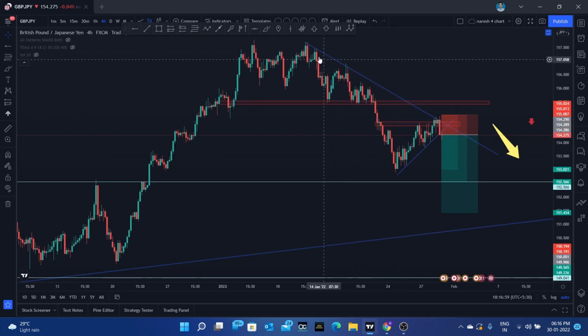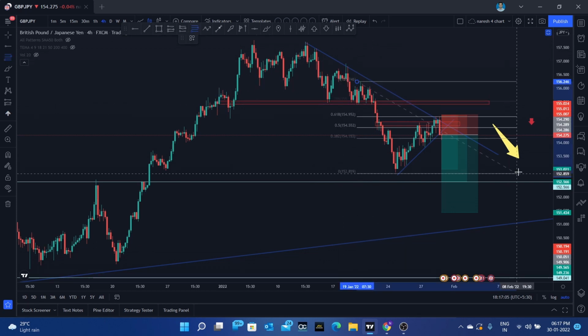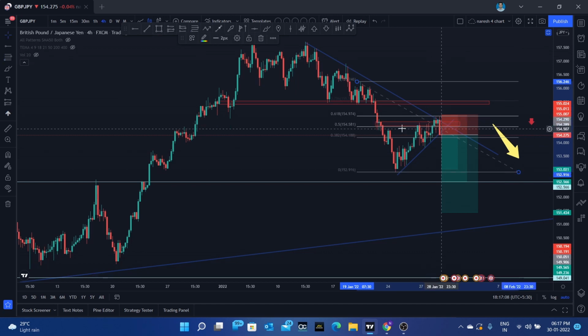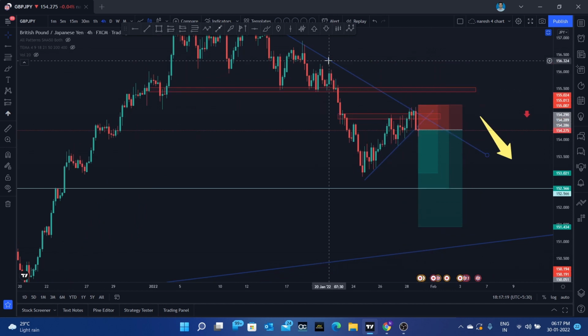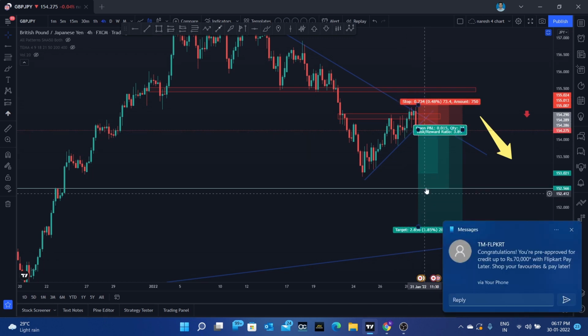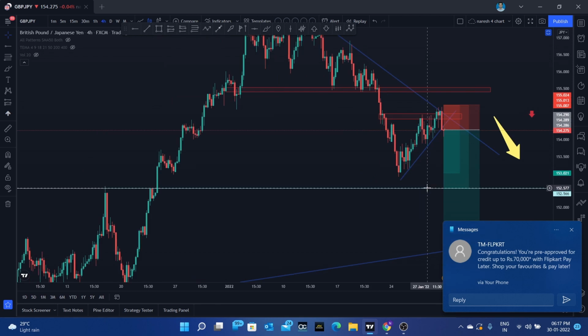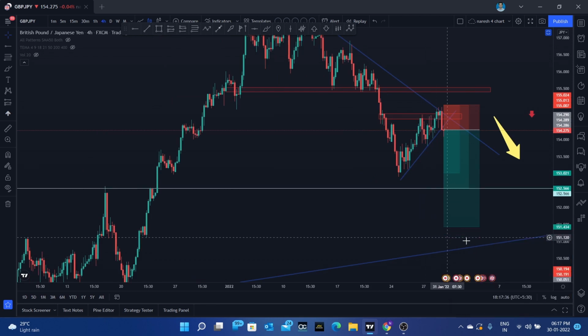So here we can see we are having a trend line, and here also we are having 50% retracement in this area. And I have already taken an entry here, guys, last week at the end, after the closing of this candle, because it has already taken resistance from this trend line, and it has even broken the smaller minor trend as well. So I'm pretty sure it will come down, and I'm taking this as my first target, and this is my second target, and I'm even planning to aim for this trend line.